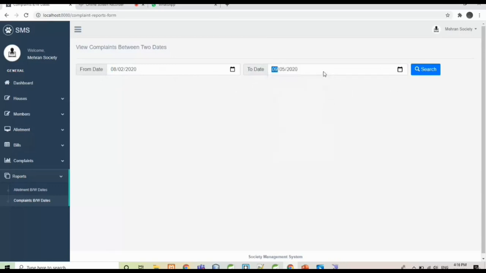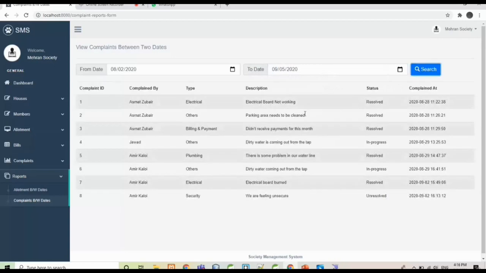You can see the complaints raised between these two dates. These are complaint reports.